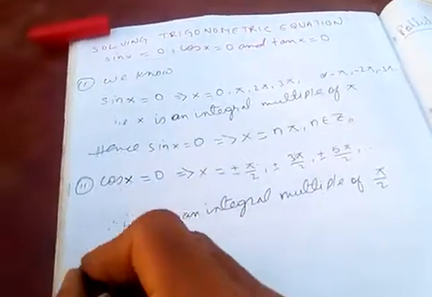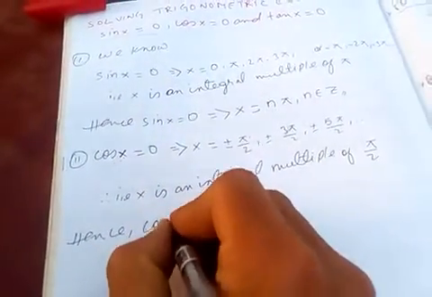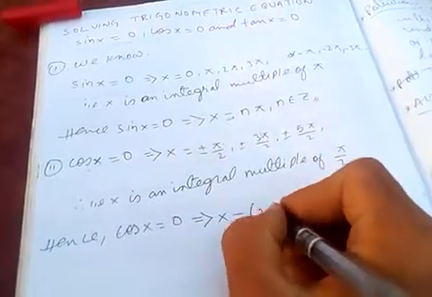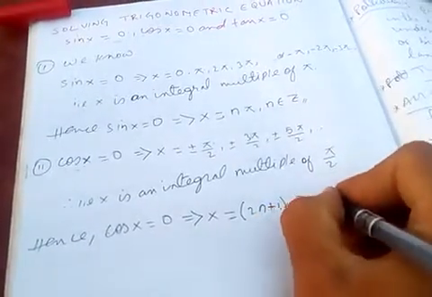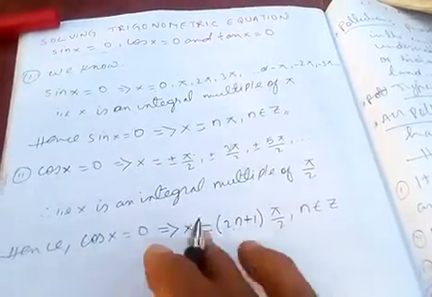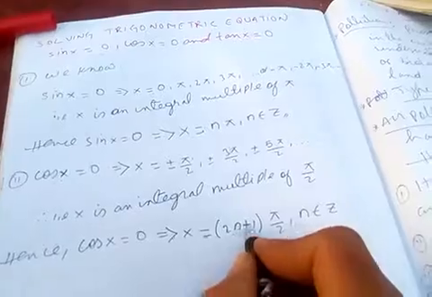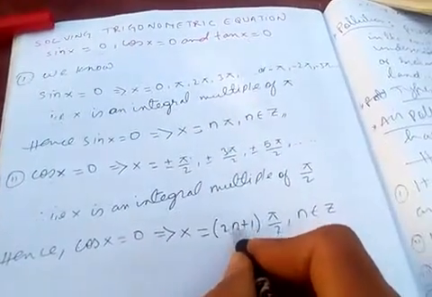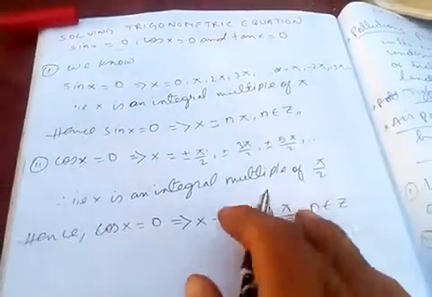So hence cos x equal to 0, so x will be (2n plus 1) pi by 2, where n belongs to integers. So when n is, let's take an example. When n is 1, 2 plus 1 is 3, so we get 3 pi by 2. When n is 0, we get 1, pi by 2 again. So this is